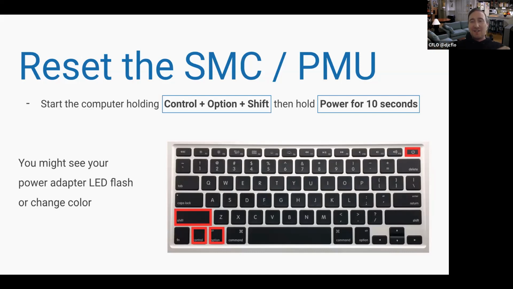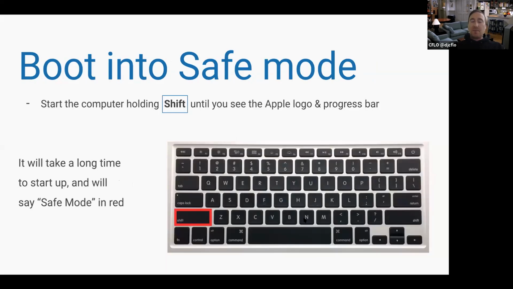And there's really no indication it did anything at all, except for possibly the tiny LED on your power adapter might change color. This is for low level power things, and it can be related to power to the USB. So it's worth knowing about this shortcut and trying it as a troubleshooting step if you're running into any USB issues.